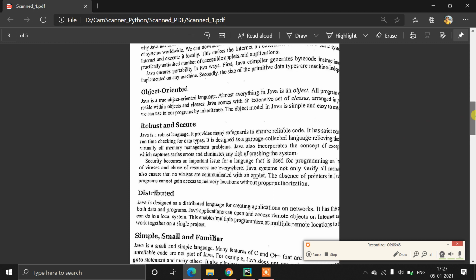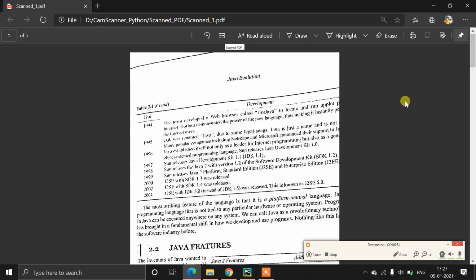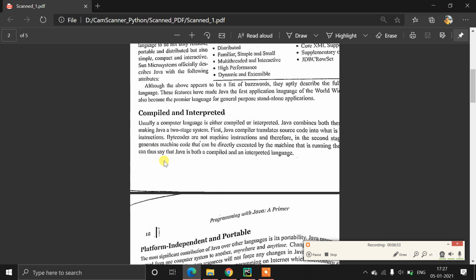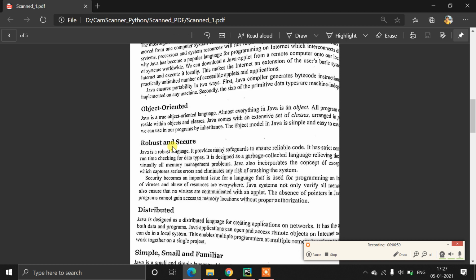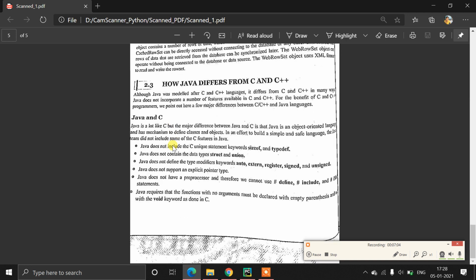So this is the scanned PDF. We can proudly say to anyone, yeah, this image is captured by my phone, and I got the image into my Python GUI, and with the Python code I have done this kind of image processing. You can see the quality of the image. It really looks like I have scanned this document with a scanner. So I think that's all for today's video.